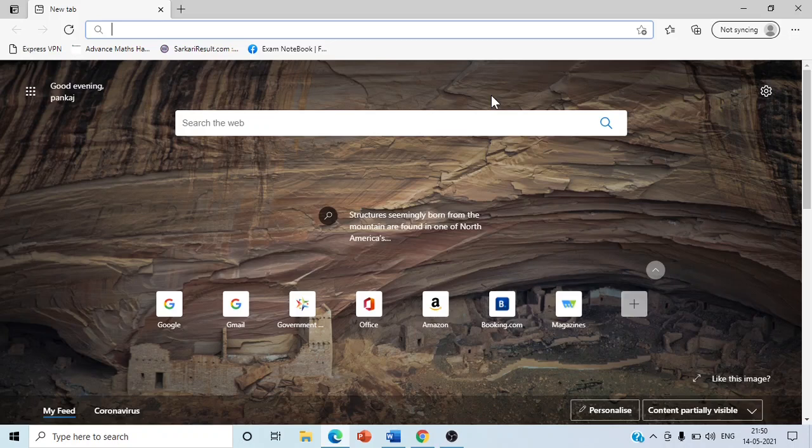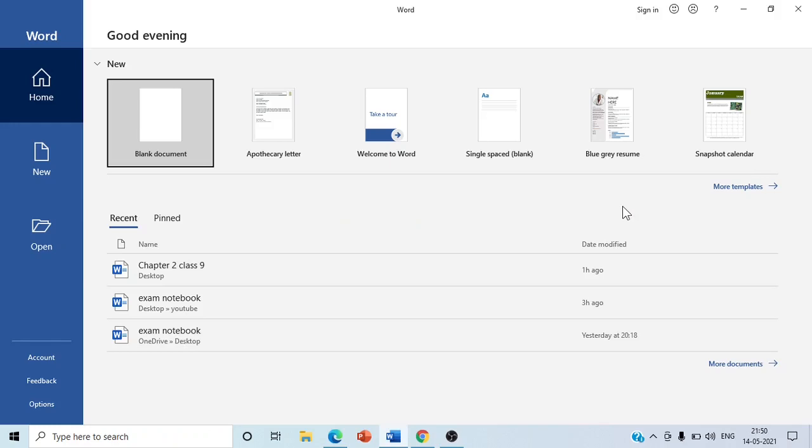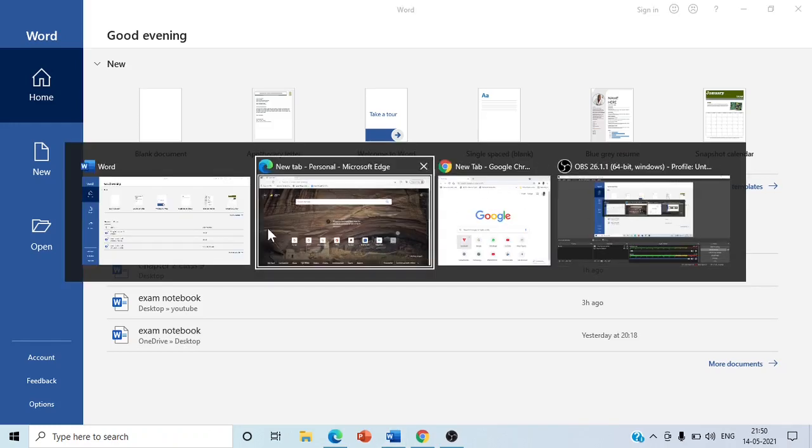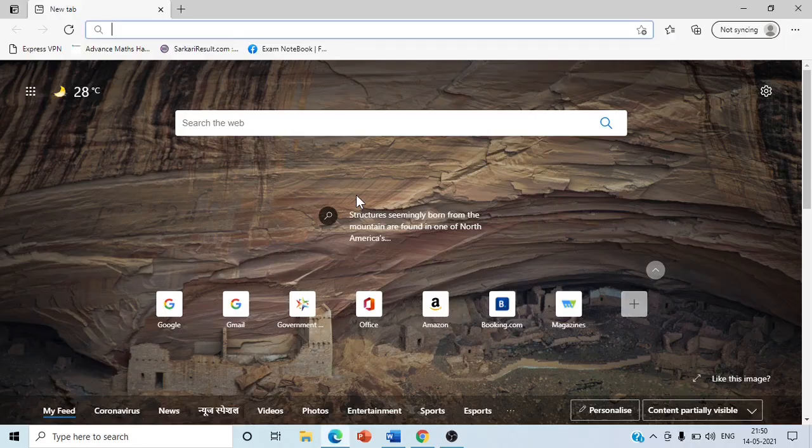Now we will click on Alt and Tab. You will see that all the open application windows are shown with a small screen. You can see. And for switching, you will click on any active window, or you will press the Tab button to go to the desired window to open. Okay, you can see the selection. When you press the Tab button, your selection will move forward. Okay, and from that you can select any window to open. Okay, I hope you understand.